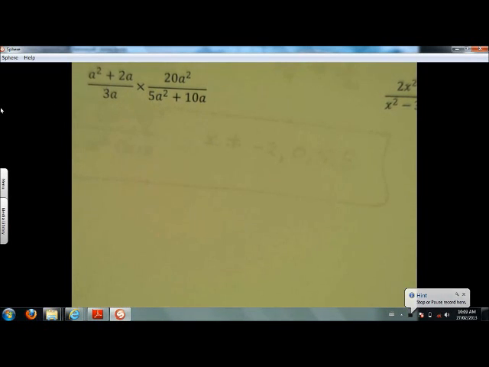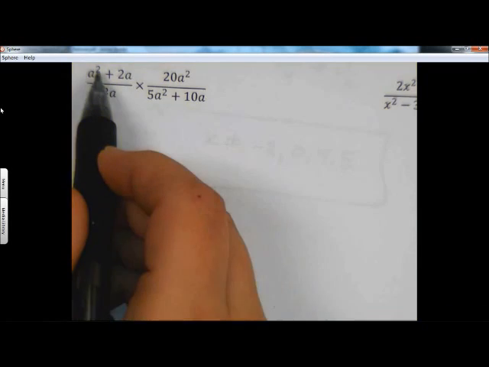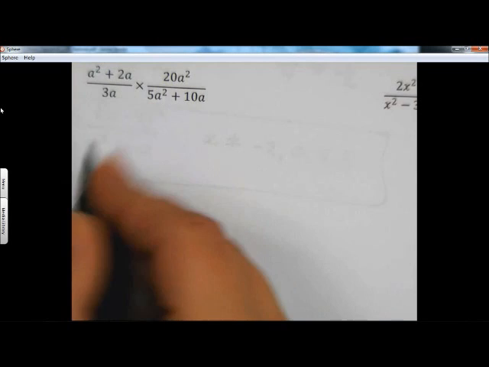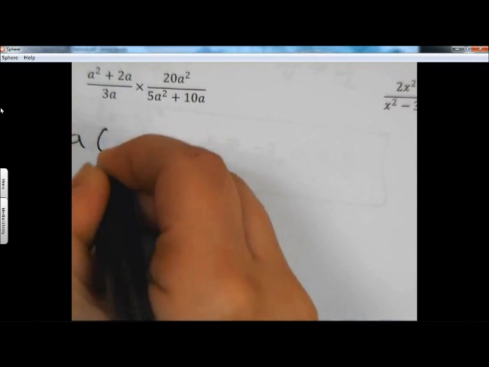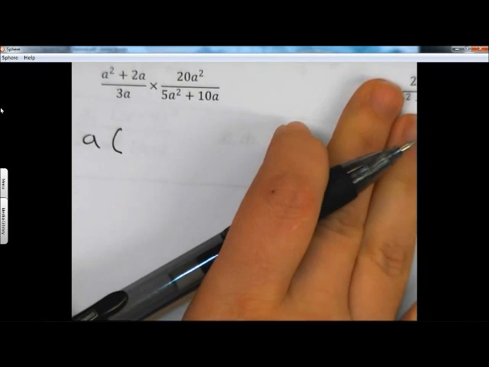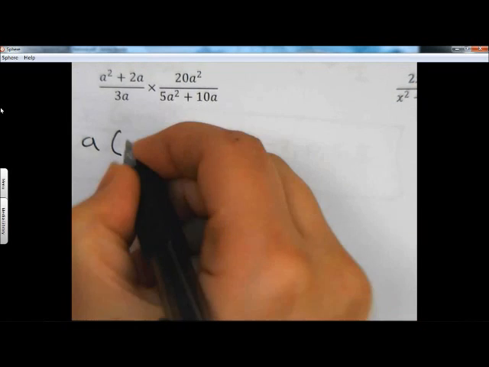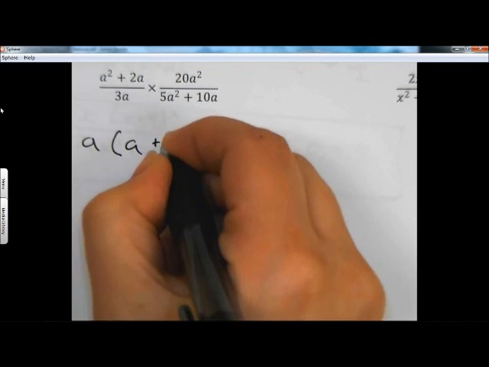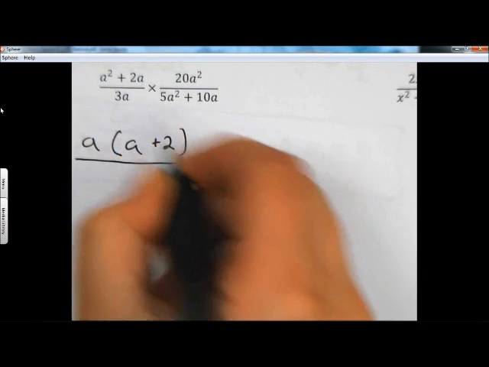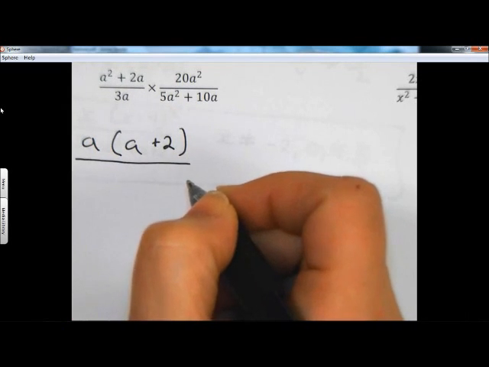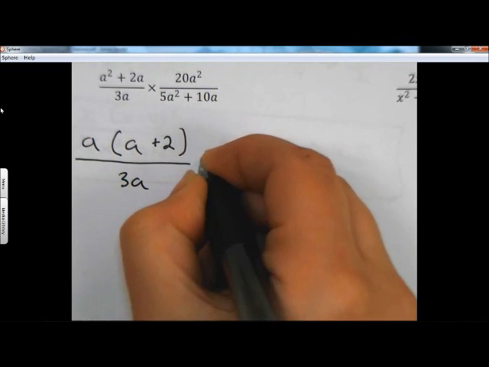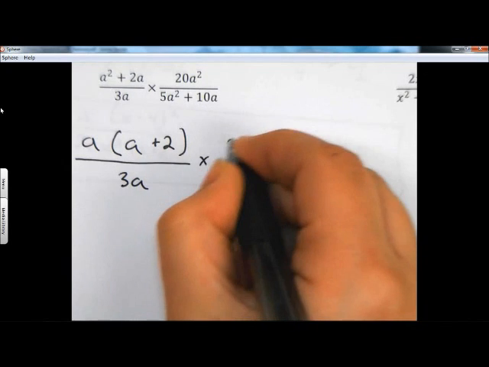So with our last two examples, the factoring step didn't need to happen. Here it does. If I have A squared plus 2A, I can definitely factor something out. I can factor out an A. If I factor out A, I get A from this term plus 2. Can I factor out anything from the denominator? Nope. 3A, 20A,